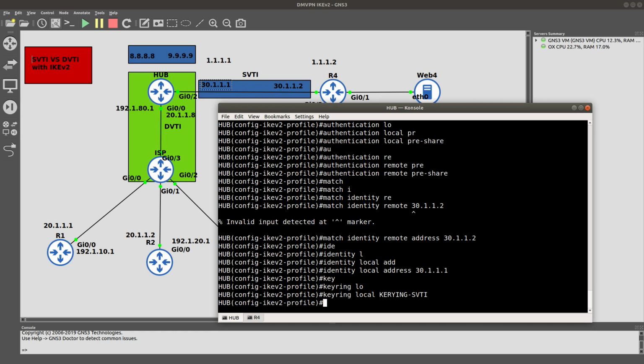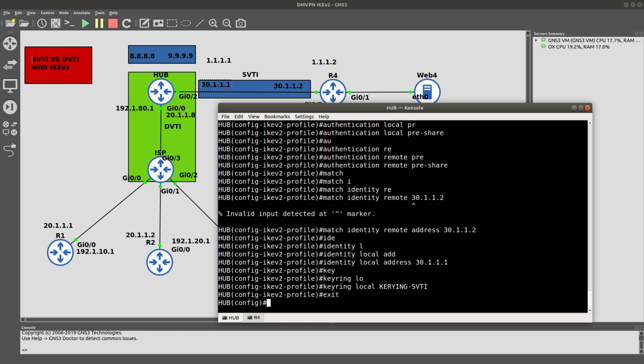After we do that, what we need to do is, okay, keyring local, match identity, keyring, that's good. After that is done, we need to go ahead and configure the